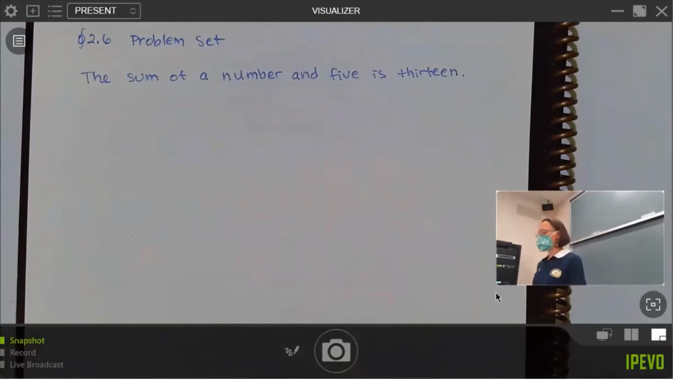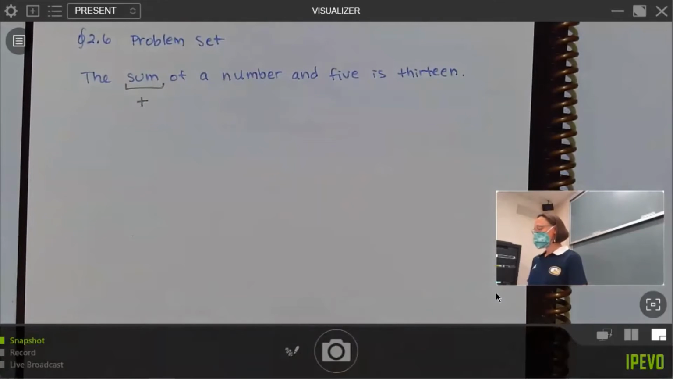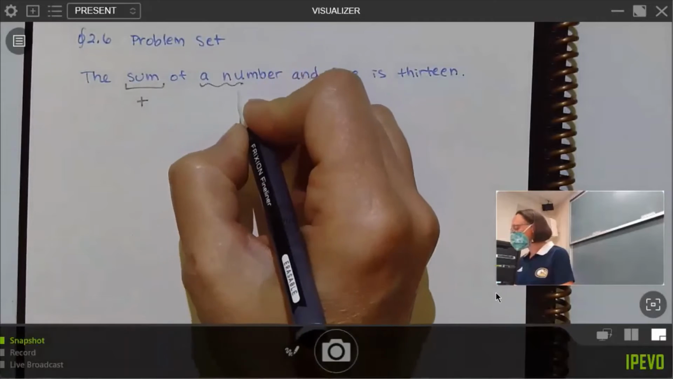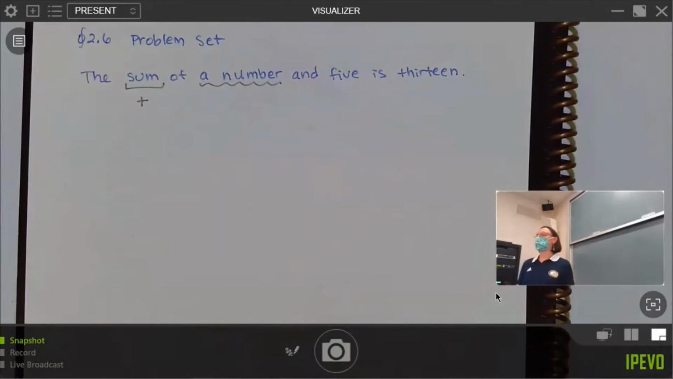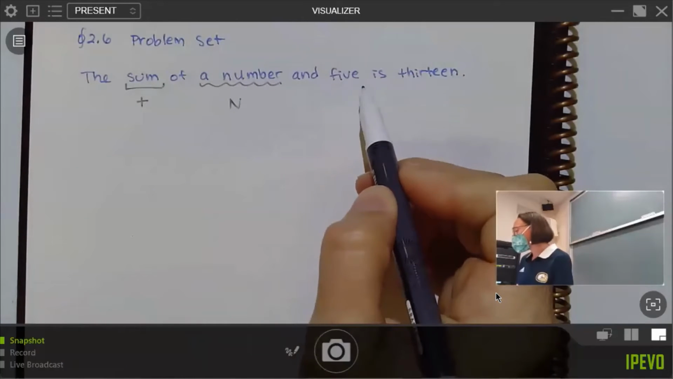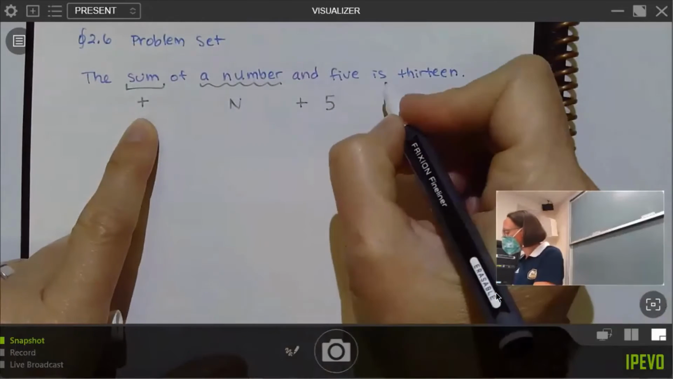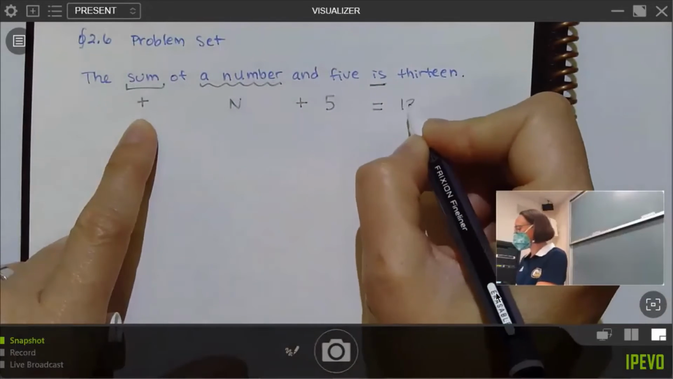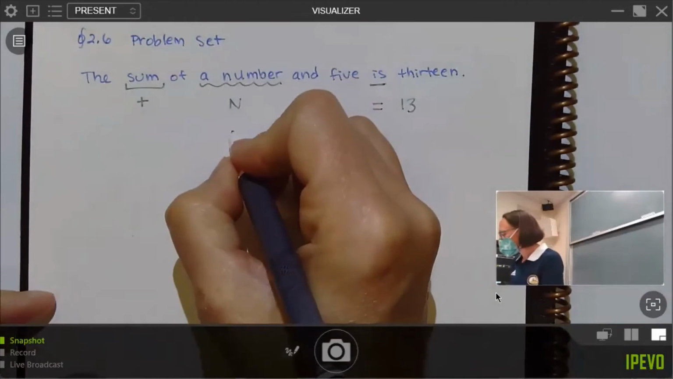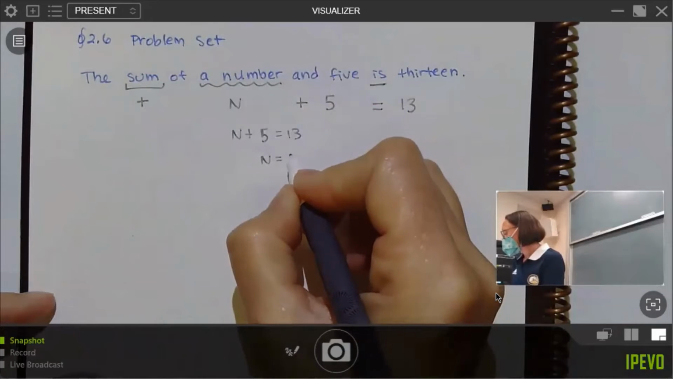So if I'm translating this into mathy symbols, sum means I'm going to be adding stuff. Anytime we see a number, we should probably pick a letter to replace that with. I like n because it's a number. X is totally fine, but I like n because it says number. So I'm going to replace this with n. Since I have the sum of n and 5, that and 5 thing, because it was a sum, means I'm going to be adding 5. The word is tells me to write an equal sign, and there's my 13. So n plus 5 is equal to 13, which must mean n is equal to